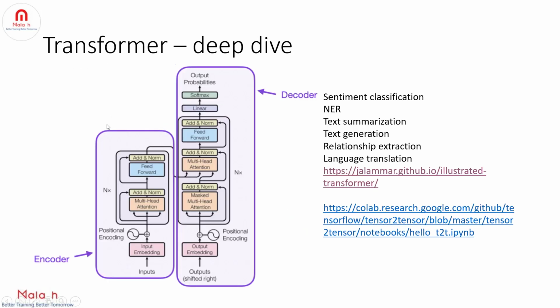So now you know both the encoder and decoder side of the transformer architecture, right? And which model to use to solve what kind of problems, right? So that is the whole architecture of the transformer. All right, thank you.